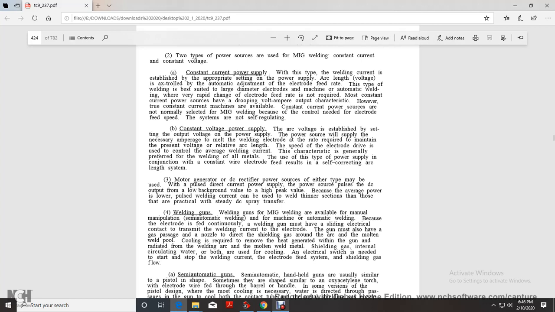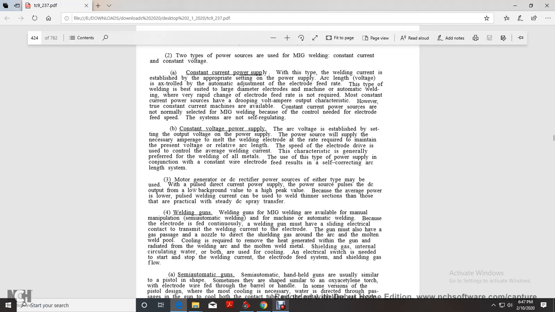Welding guns are available with manual manipulation, semi-automatic with a machine, or automatic welding, because of the electrode fed. With this constantly welded, the gun must have a sliding electrical contact to transmit the welding current to the electrode of the gun. It also has a gas passage from the nozzle directly to the shielding around the arc of